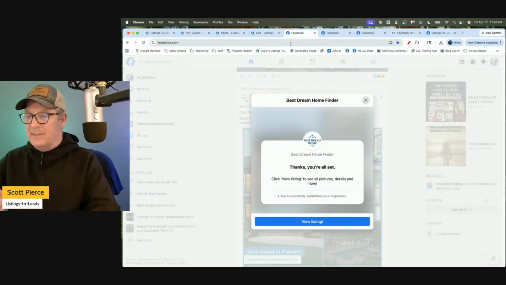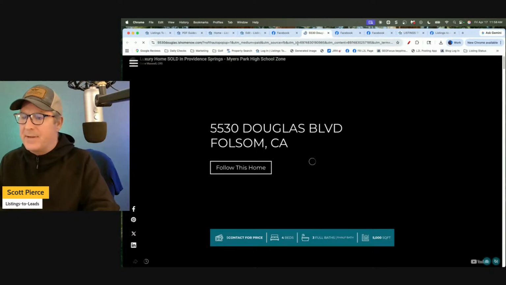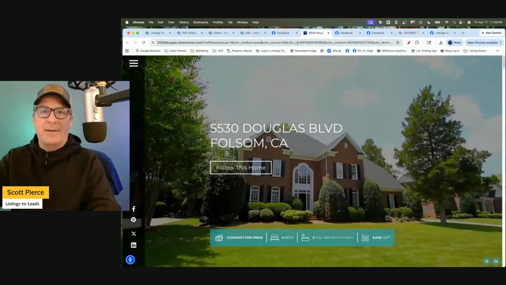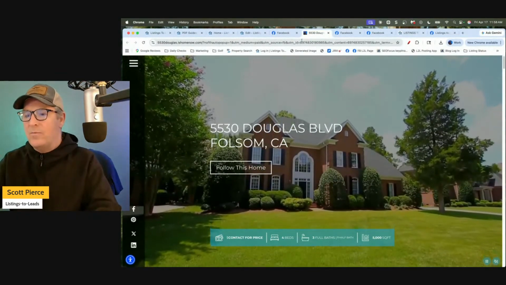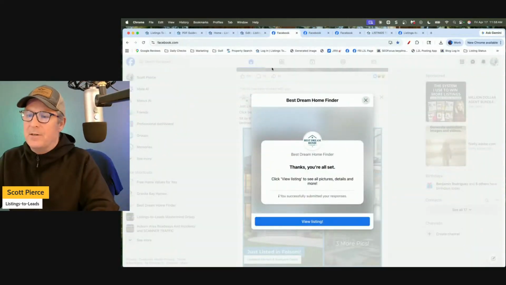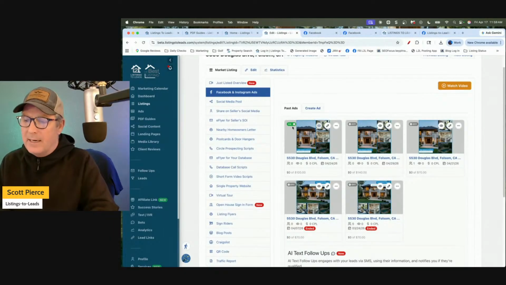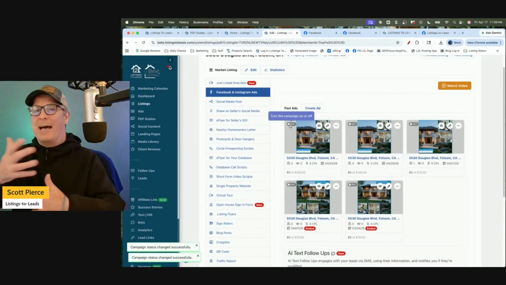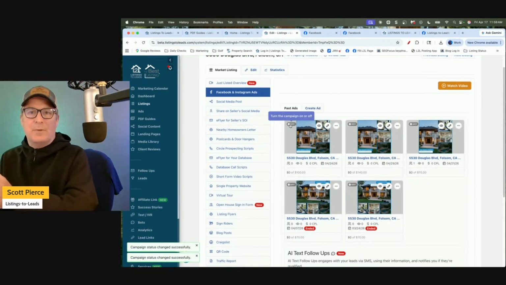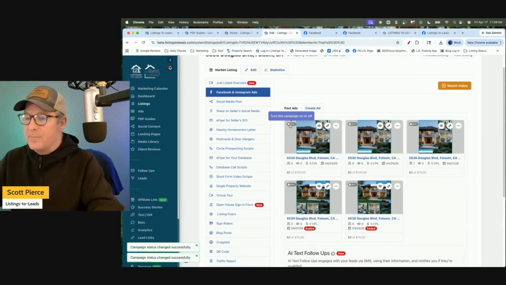or they go to the landing page, right? They'll go wherever it is. If it's a PDF guide, it'll go to the PDF guide download, and they'll get the PDF guide in the email. If it's a home value landing page ad, they'll go to the landing page where they can do a home value. They can put in their address and get their home value. Whatever type of ad it is, that's where they will go, and they will always get an autoresponder.